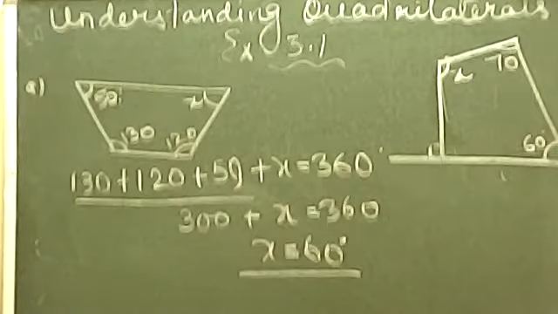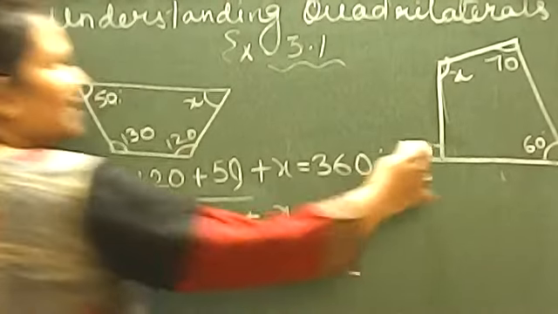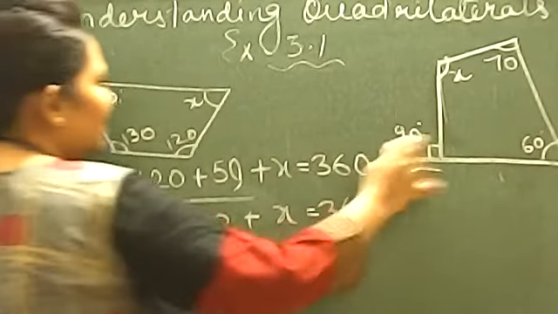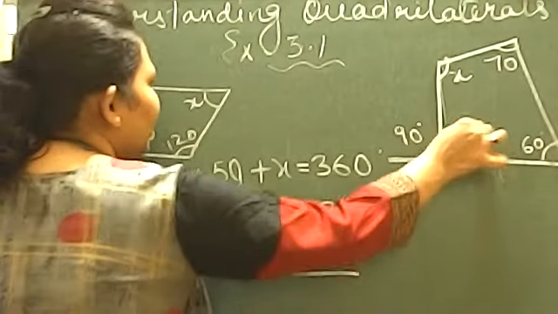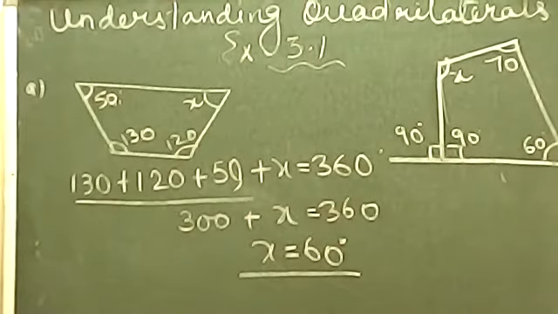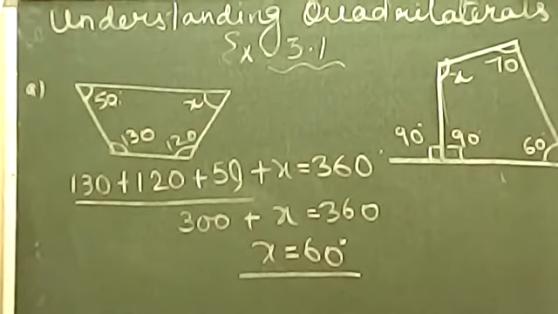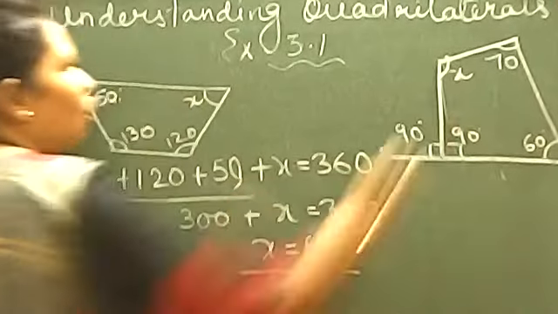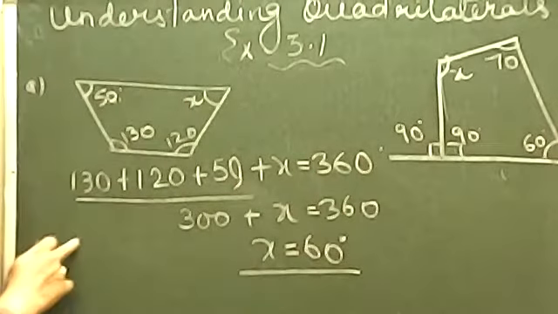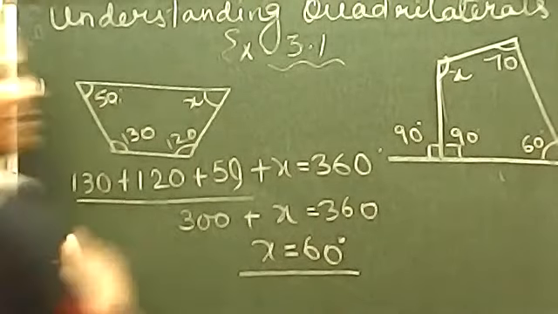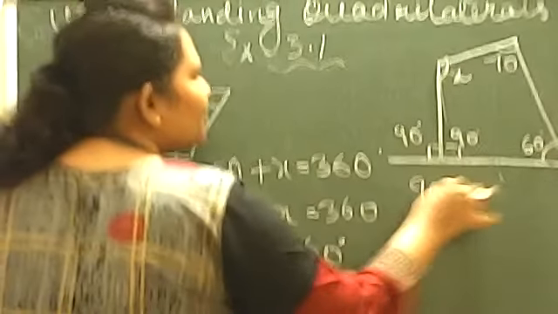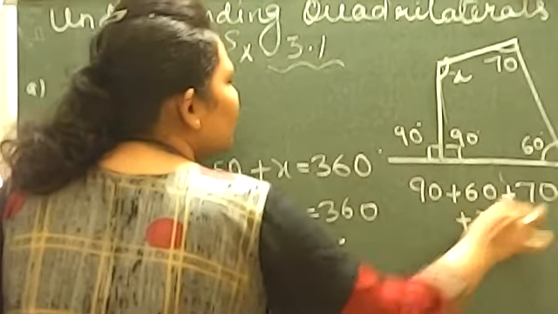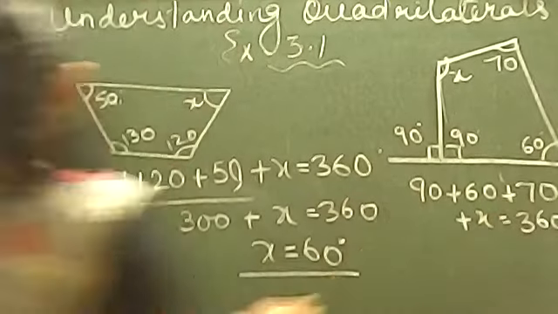This is again a very simple question. How? See, this is the symbol for 90 degrees. It means this is a 90 degree angle, and if this is 90, this will also become 90 only. Now, in this quadrilateral figure you have found three angles and the fourth one is missing. So this will be solved with exactly the same pattern. How? You will have 90, 60, 70 and x coming together to give you 360 degrees.